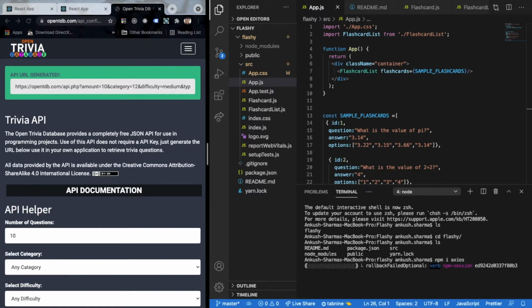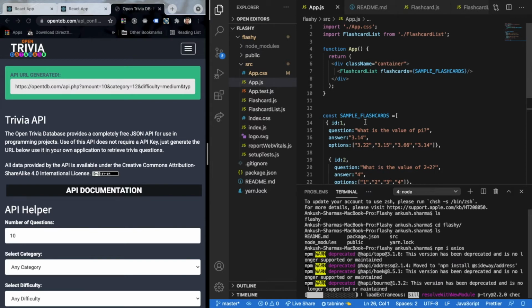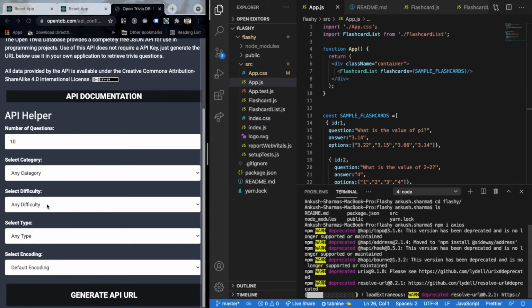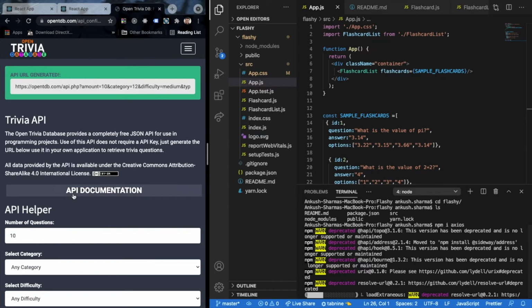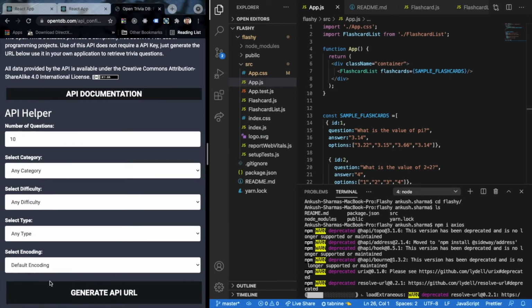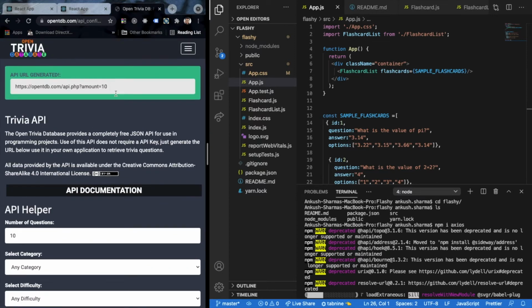So I'll just use the library of Axios. Now Axios is a great library if you want to work with APIs. It helps you to immensely ease out the process of fetching data from anywhere, and we'll be using this to basically populate our list and get any sort of information that we want. So let's say that I want 10 questions. So this will become my API. I'll select any difficulty, I'll select any category, any type, and I'll generate a new URL completely over here. So this will be the URL that we'll be using,